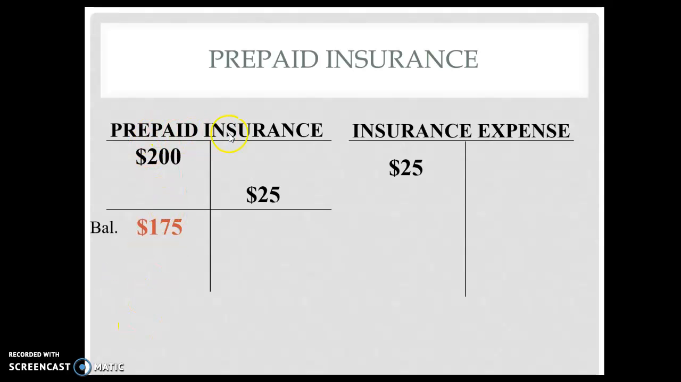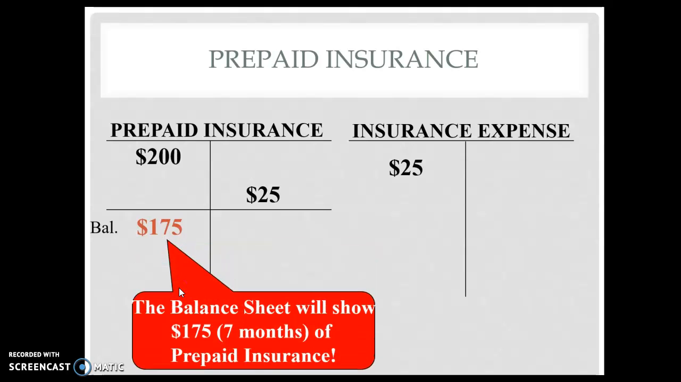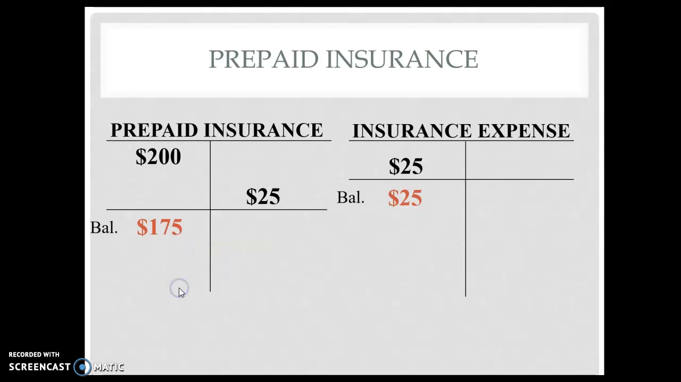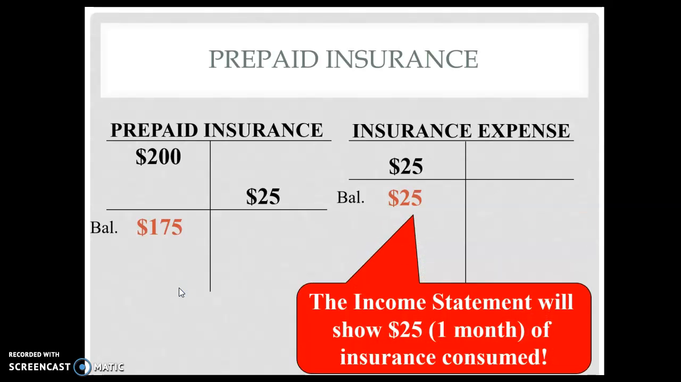Now my balance in the asset is $175. If I took this policy back and said I no longer need this, I would roughly get $175 back from the insurance company, because that's how much I still own that I hadn't used yet. Now they might give me some kind of fee for having taken it back early. And we would have $25 showing as the fact that we used